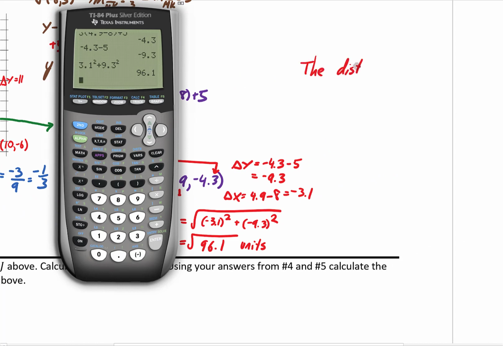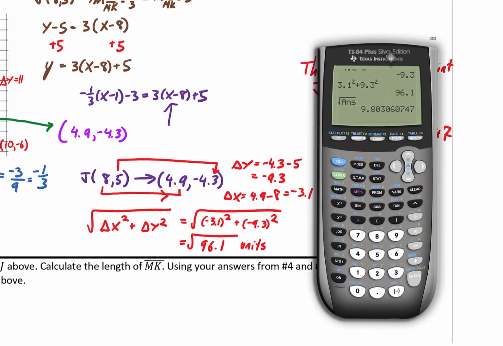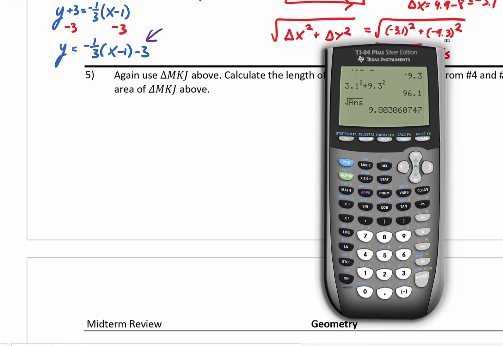the distance of point J to the segment MK is the square root of 96.1 units away. And if you want to find out where it's approximately, it's approximately 9.803060747. All right, now what we're going to do is continue on to question number 5, because they're